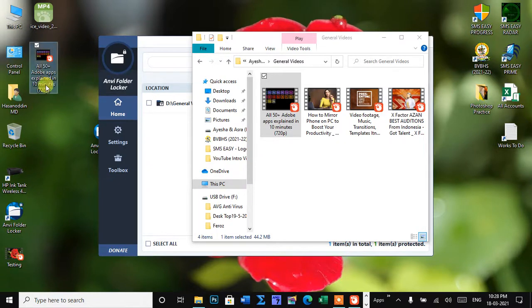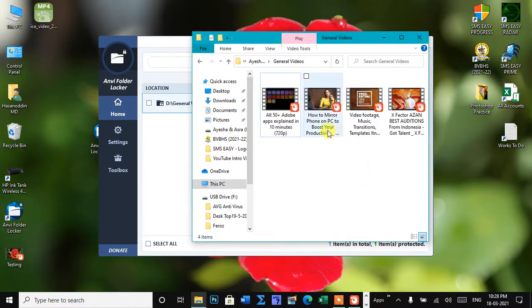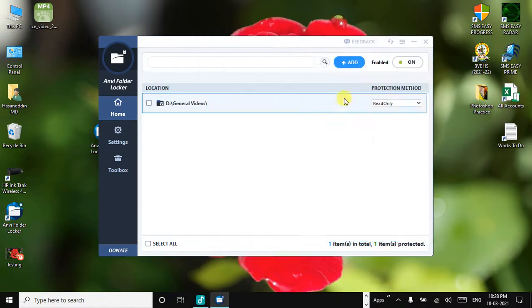Okay, it is copying. Okay, anyhow, it is copying. It only means it is copying, but it is not copying the other files from other place to the selected read-only folder.